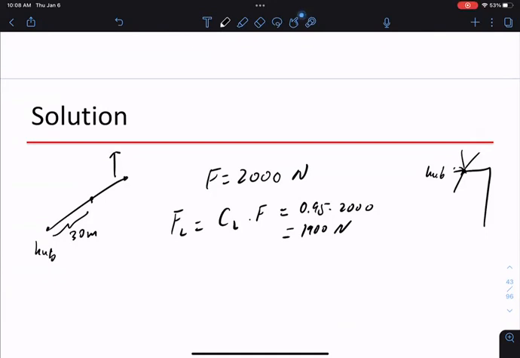So when we talk about the blade, we don't normally talk about the tip of the blade, we talk about the center of gravity. Right? So like in physics, when you think about force on an object, you think about the force on the center of gravity of the object, not the tip of the object. Okay, you have center of gravity, center of mass. So if the lift force is 1900 newtons, and the center of gravity is 30 meters away from the hub where you're turning from your reference,